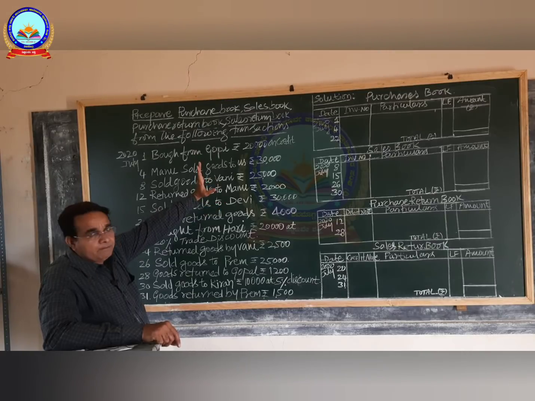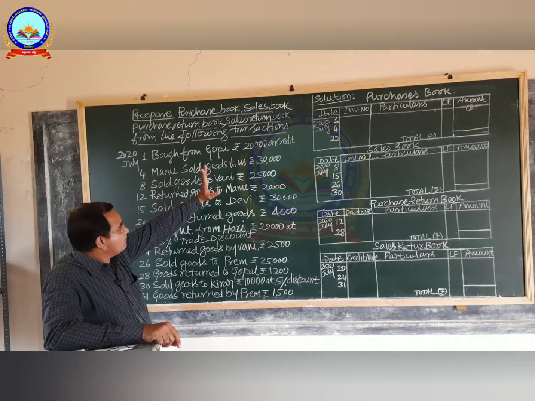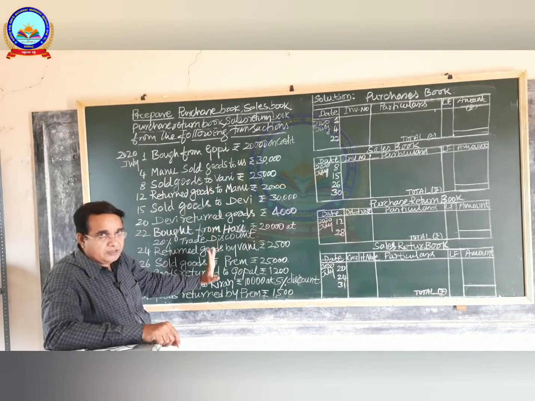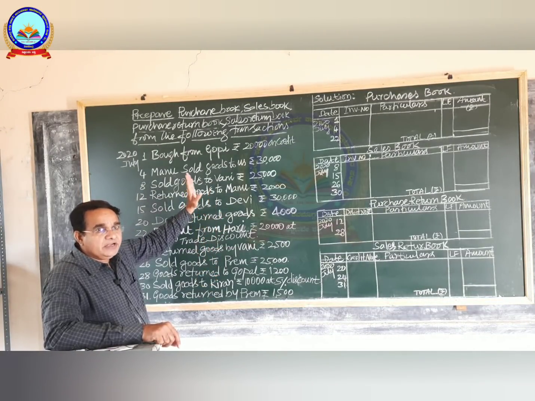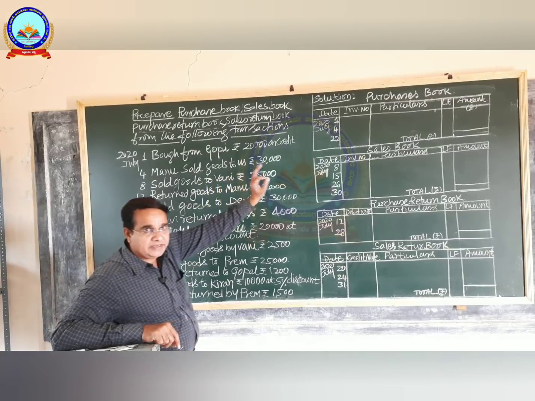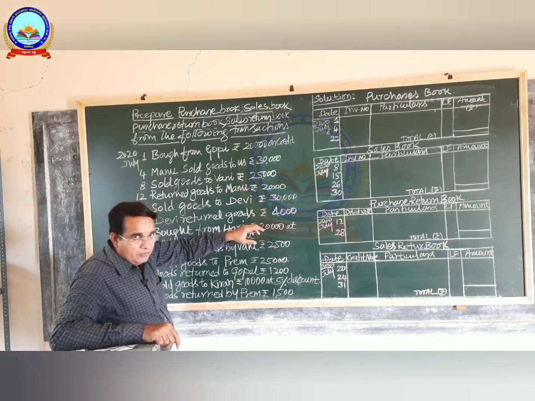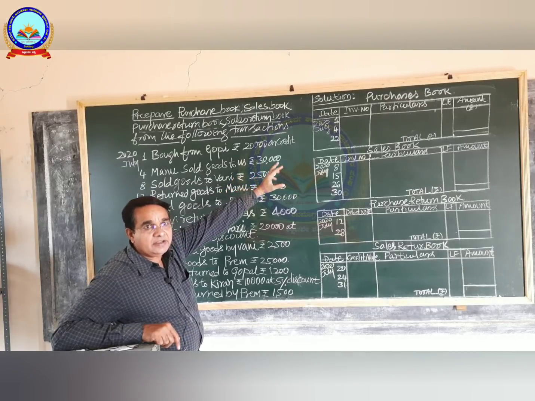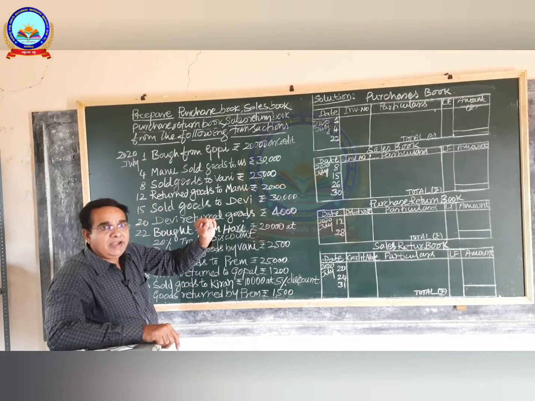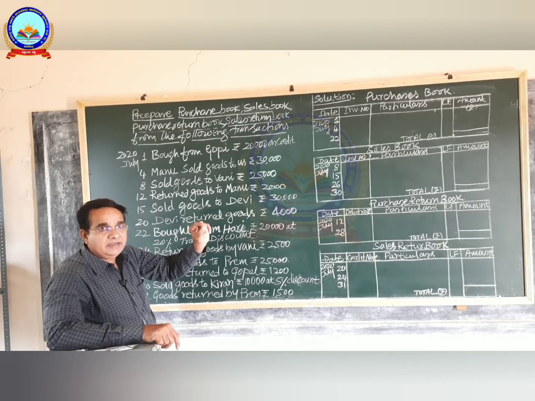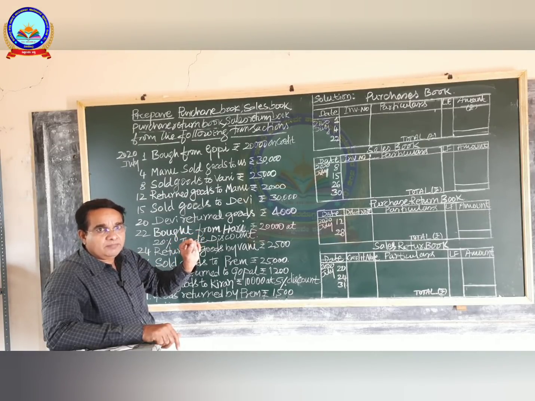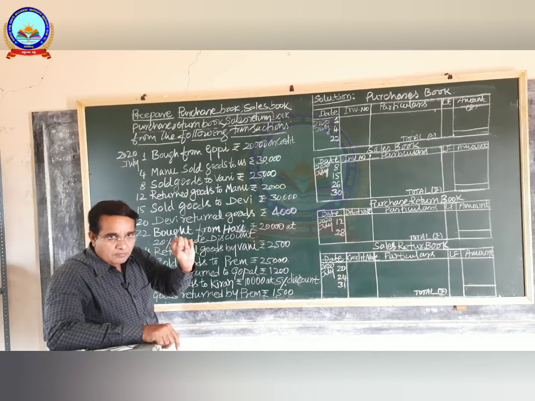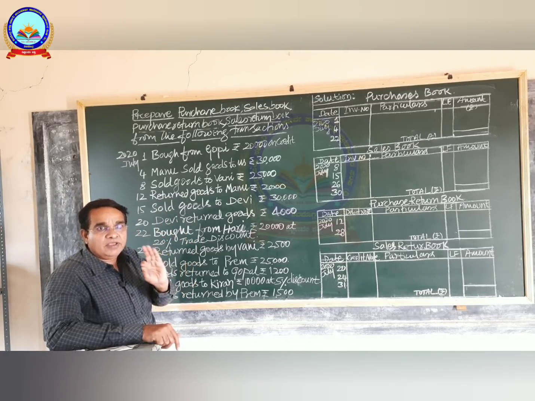Here, I am going to explain the transactions which have been given in the problem and where a particular transaction should be entered. I am going to mention it after the transaction in short form. PB meant for purchases book, SB meant for sales book, PRB meant for purchase returns book and SRB is meant for sales return book. This should be followed by you very cautiously and carefully.